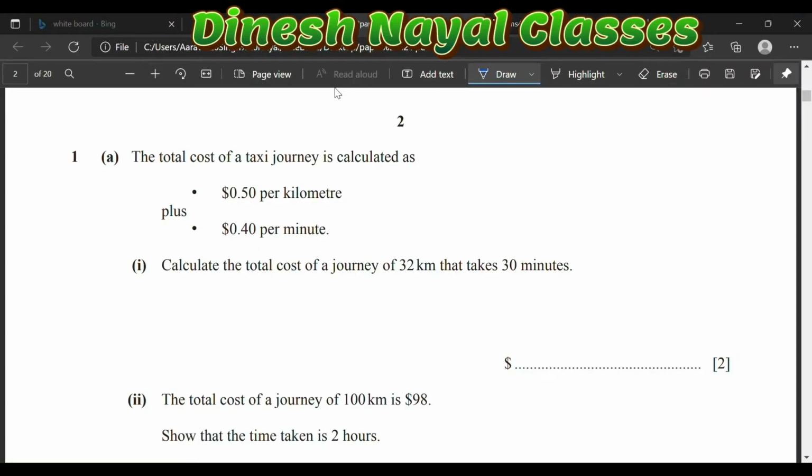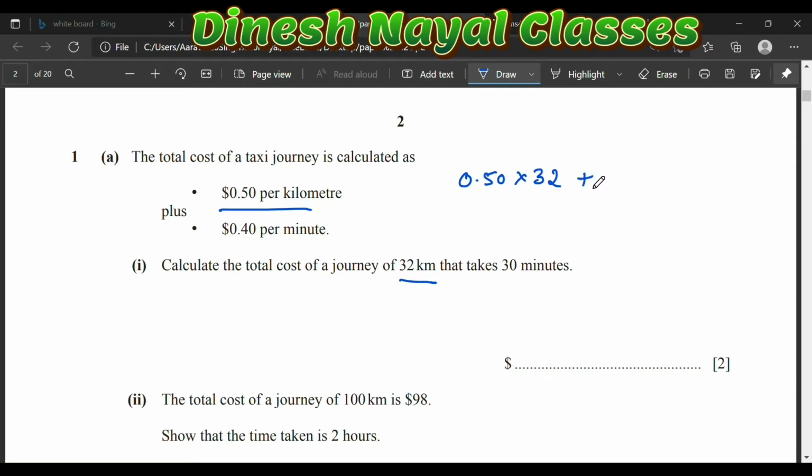So the total cost of a taxi journey is calculated as $0.50 per kilometer and $0.40 per minute. Calculate the total cost of a journey of 32 kilometers that takes 30 minutes. Since the total distance is 32 kilometers and it's 0.50 per kilometer, we'll do 0.50 times 32